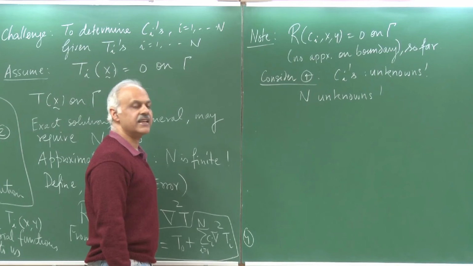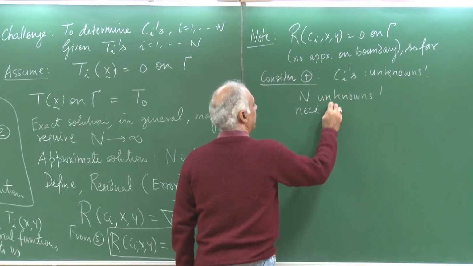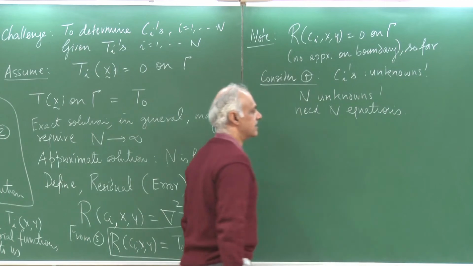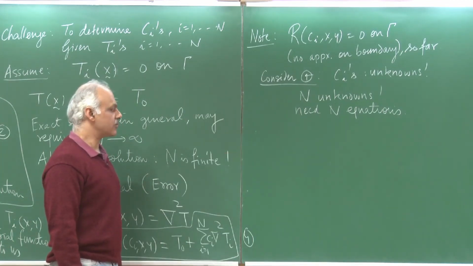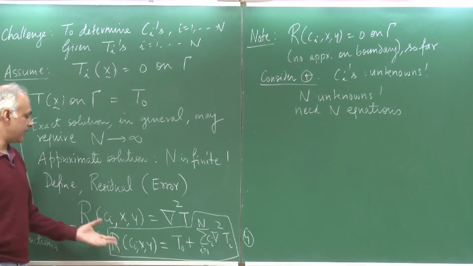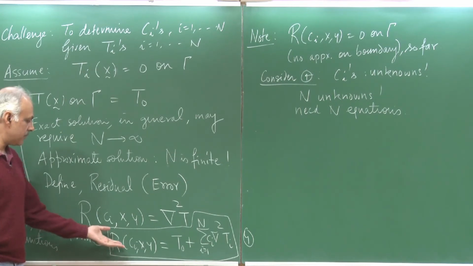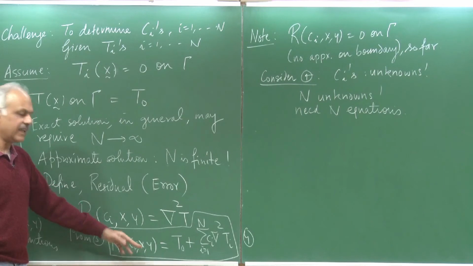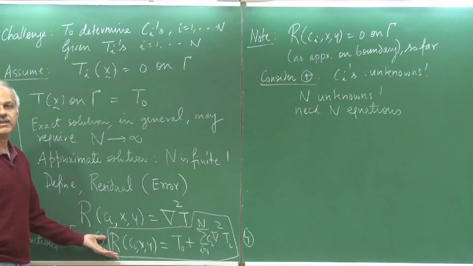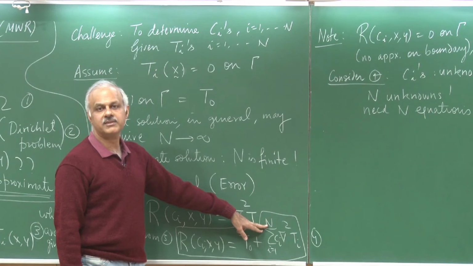Somehow, to solve for these n unknowns, we must generate n equations. So the whole analysis boils down to taking this equation number 4 and somehow generating n equations out of them. Of course, you could argue what is the problem, because you could apply this equation anywhere you want. There are infinite number of points, so you could generate infinite number of equations. Okay, but that does not help, because you have only finite number of terms n.